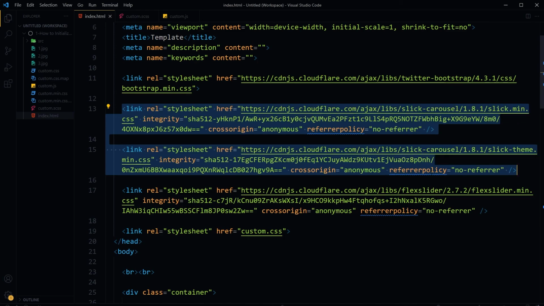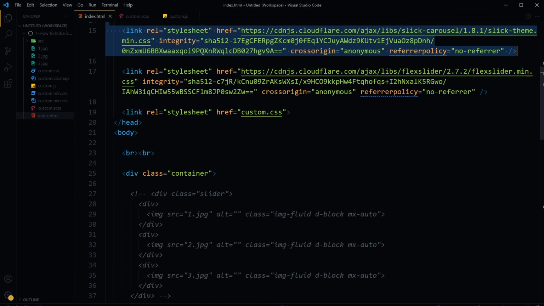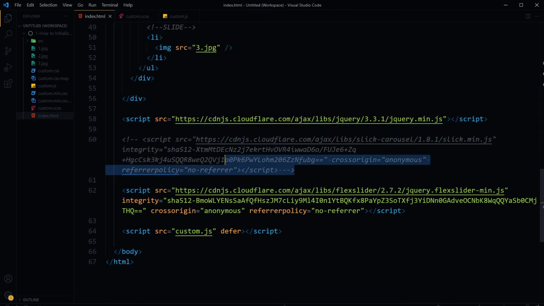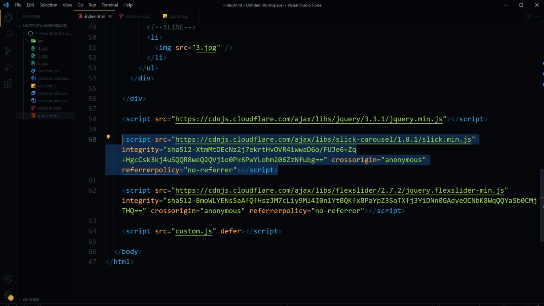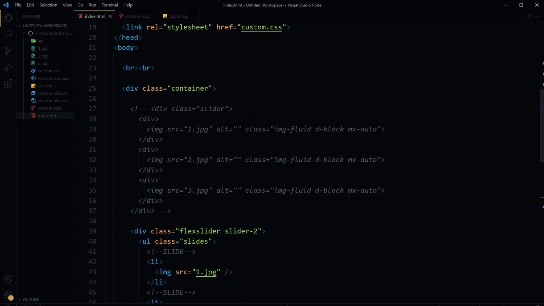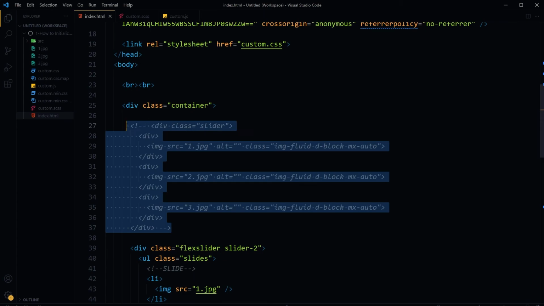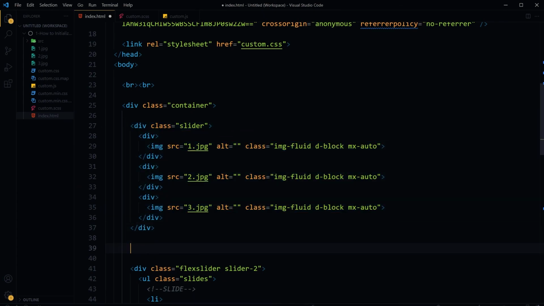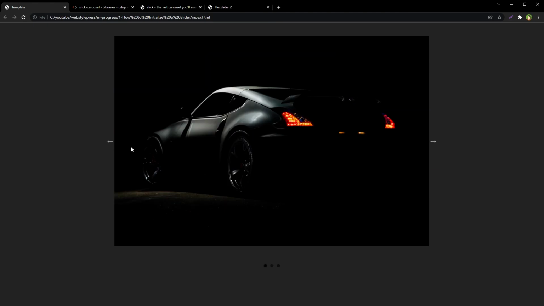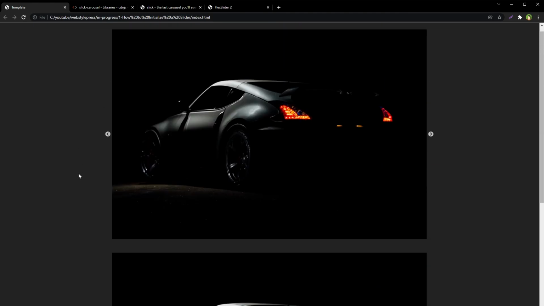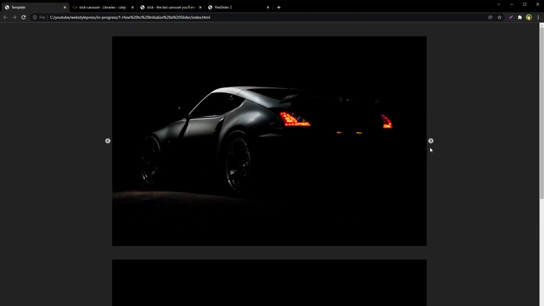That was for slick slider, and let's uncomment this JS file that was for slick slider, and then let's uncomment this HTML structure, and then let's place break between these two sliders, and then refresh this page, and we have got two sliders.